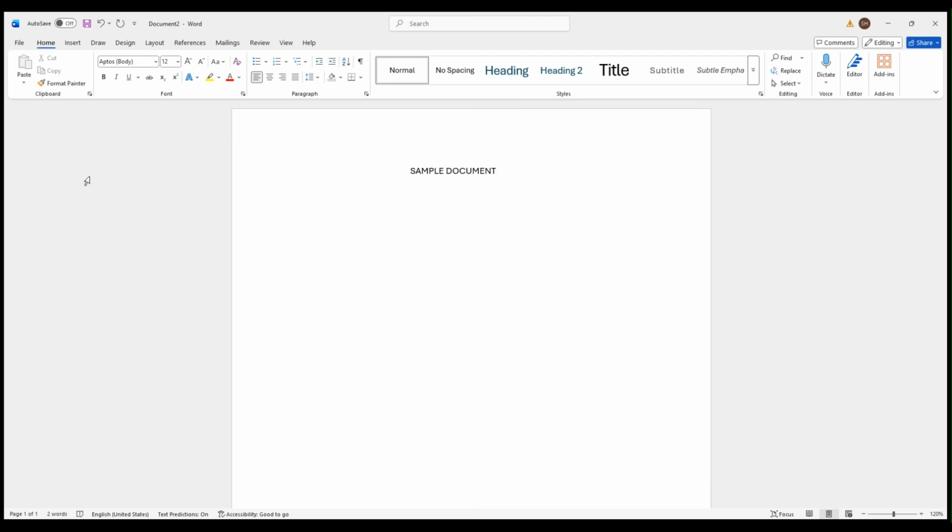First, open the Word document you want to print. Make sure the file is fully loaded and that the document looks the way you want it to on screen, because what you see here is usually a good preview of what will be printed. If you want to make any last-minute edits, now is the time to do that before sending it to the